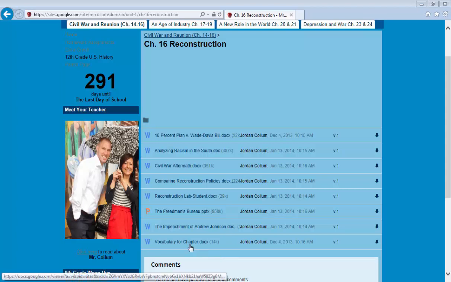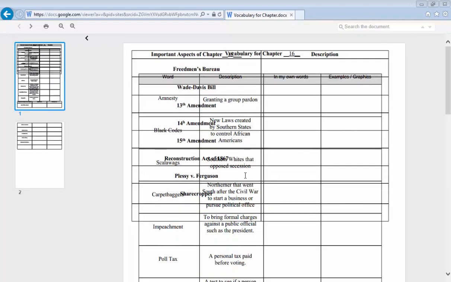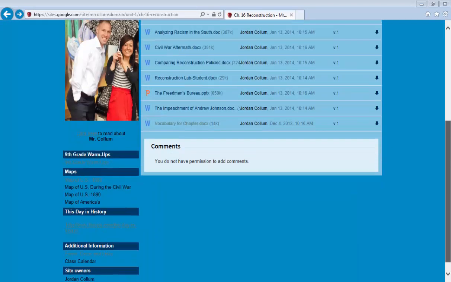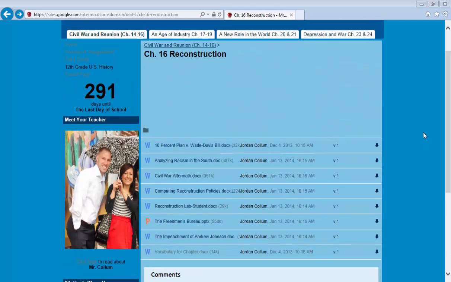I also put your vocabulary sheet for the chapter on there. This one's a little distorted. I'll have to fix that. Okay, but that is with the answers actually. So I'll put those on there. Your vocab sheets are kind of another part of this class as far as the lifeline goes. Vocabulary is huge in this class, so if you happen to lose your vocabulary sheet, that is your study guide for your quizzes. That is on there for you.